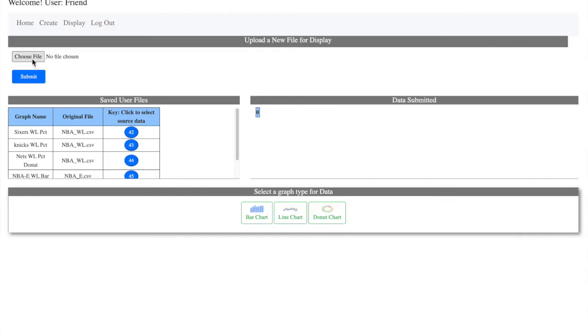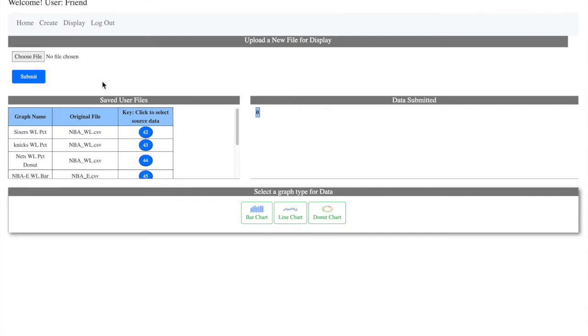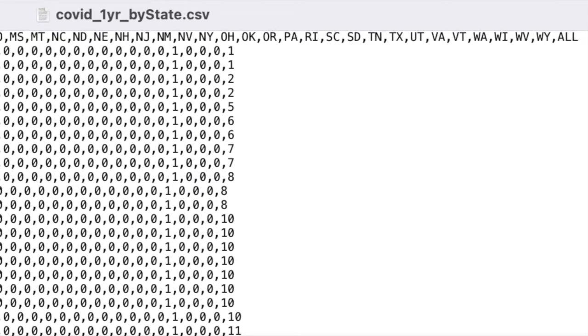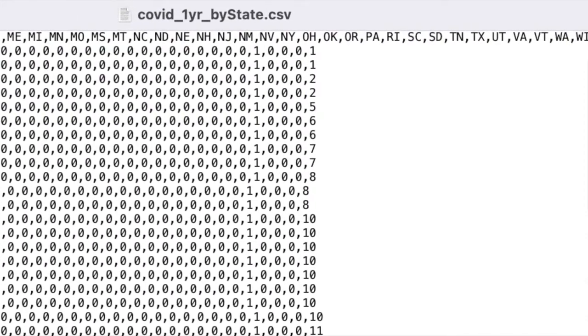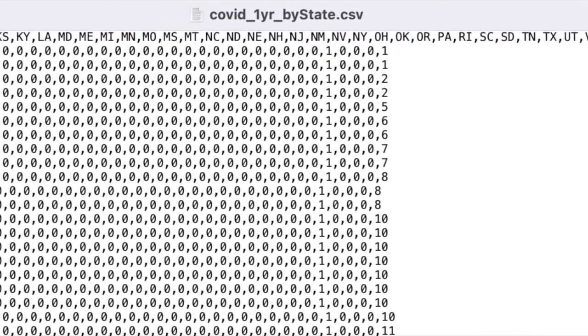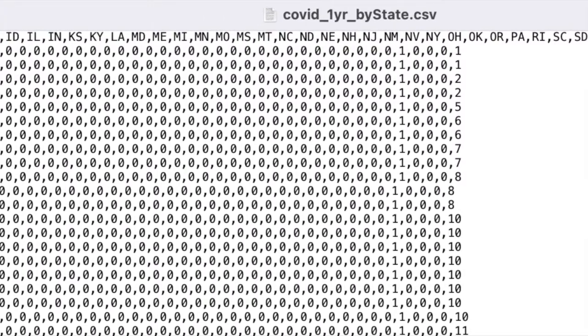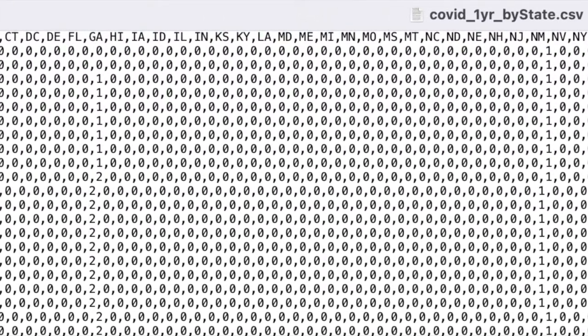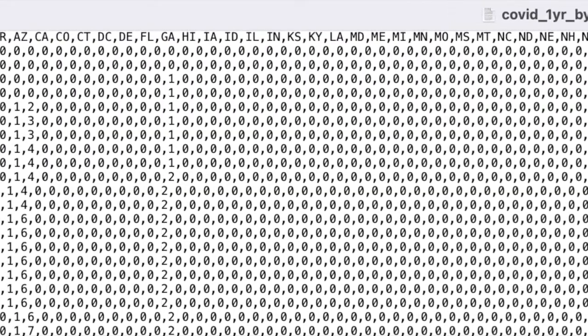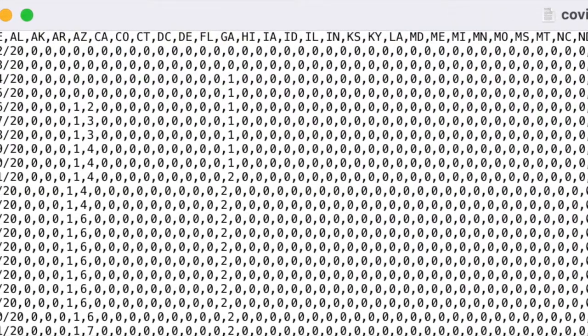By clicking Create in the menu, the Create page appears, allowing the user to either add a new file or use one already uploaded. To create a graph, there are essentially 3 steps. 1. Upload the CSV file. 2. Design the graph. 3. Display the graph desired. The pandas library in Python is used to interpret the CSV files,